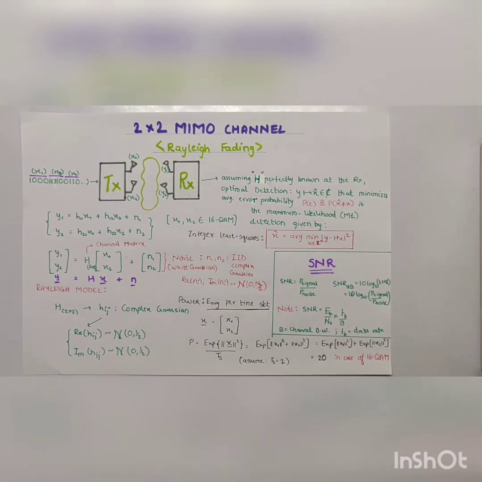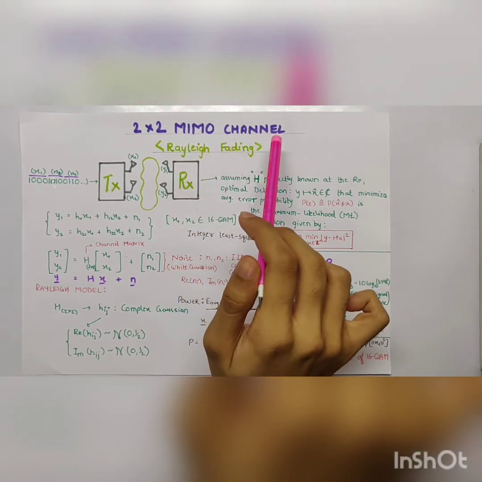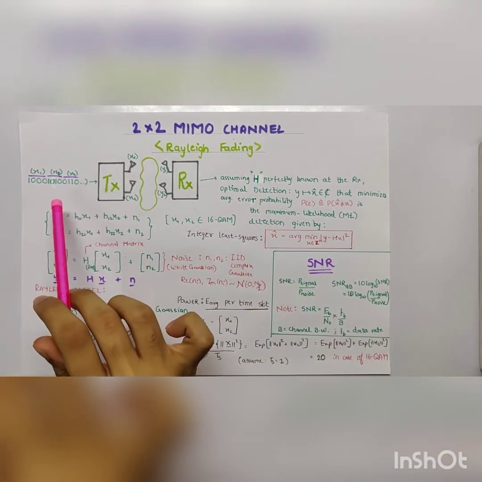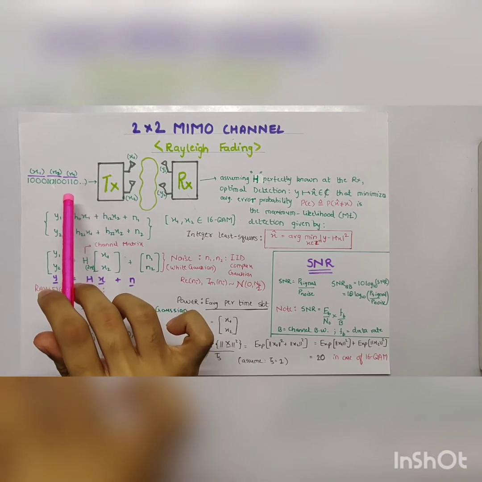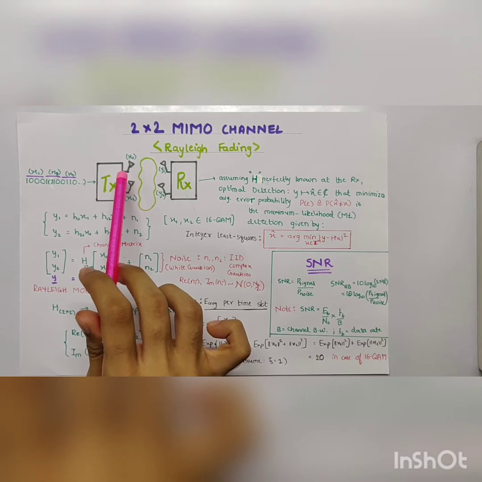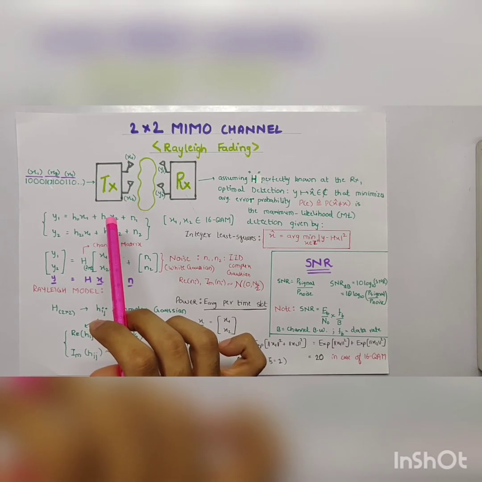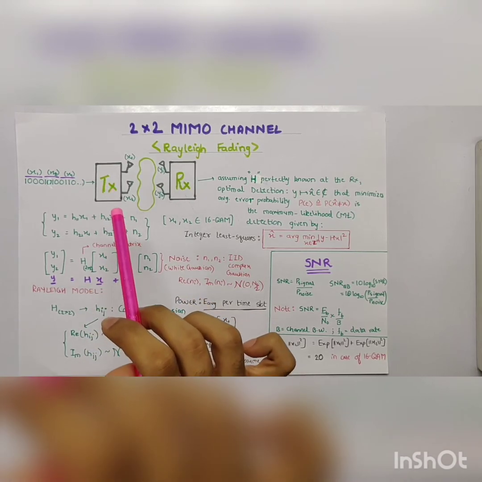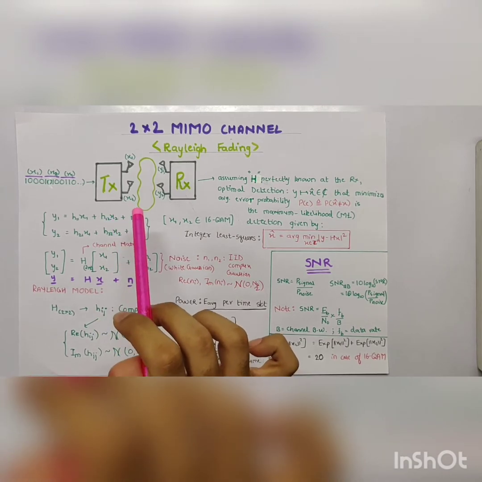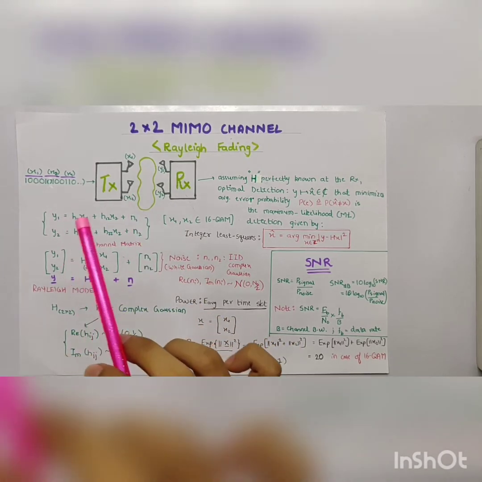Now we'll focus on our channel. We have a 2x2 MIMO (multi-input multi-output) channel with a Rayleigh fading model. The process includes an input data stream of bits. The first set of 4 bits will be modulated to signal X1, transmitted by the first transmit antenna. The second set will be mapped to signal X2, transmitted by the second antenna, and both signals X1 and X2 will be transmitted simultaneously through the channel for a signaling interval, making one channel use. During the next channel use, the next 8 bits will be transmitted, and so on.